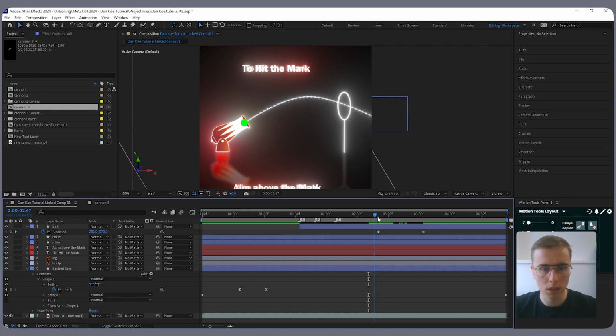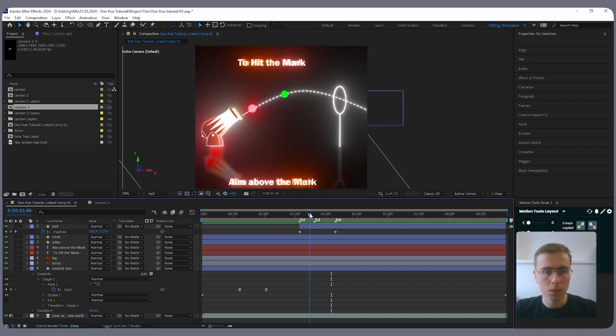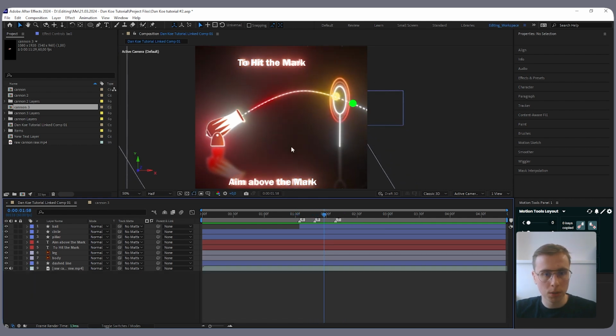And right now you can see that this ball is following the path, but we want to put these 2 keyframes in the right moment. So first one we should put at the first mark and second one at the second mark. Let's see how it looks. Okay, it's good, but we'll have to smooth this out, of course. But we'll do that in a moment, because right now we'll create this colorful path that is leaving a trace